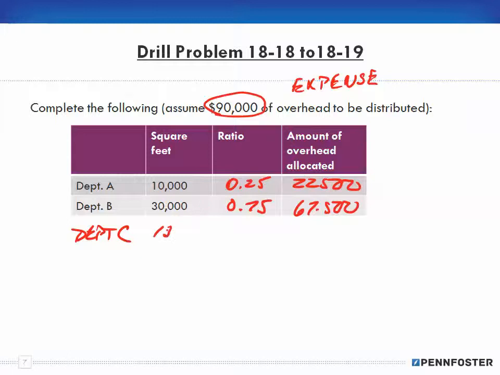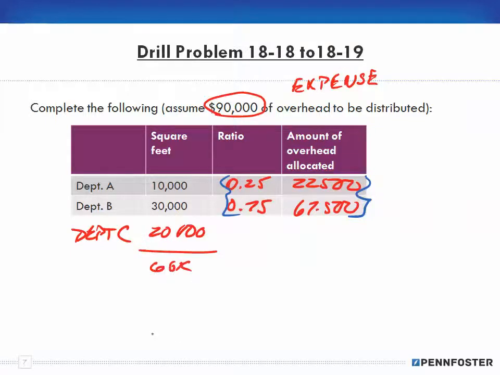And let's say that's, I don't know, 15,000, okay? Well, now of course, I'm going to keep those numbers, bringing them right in blue here. Of course, these are going to change, right? Because we have an additional department. And instead of 15, I'm going to make it 20. Okay, so 10, 30, and 20 is